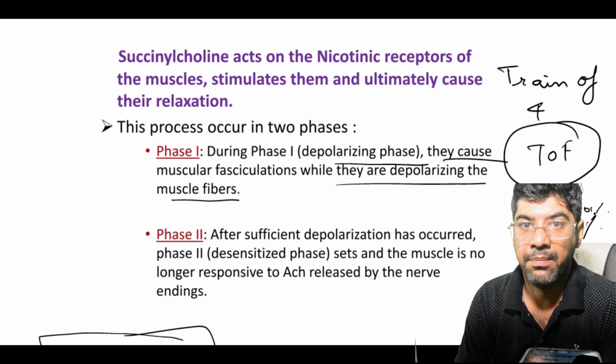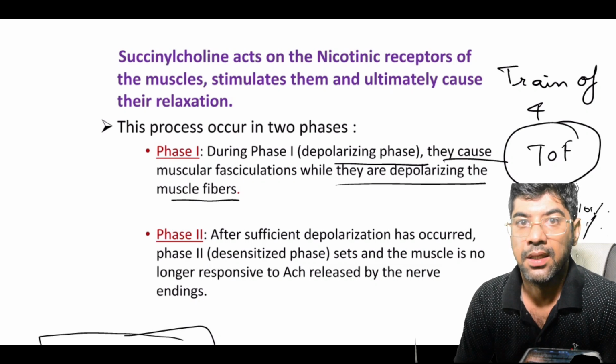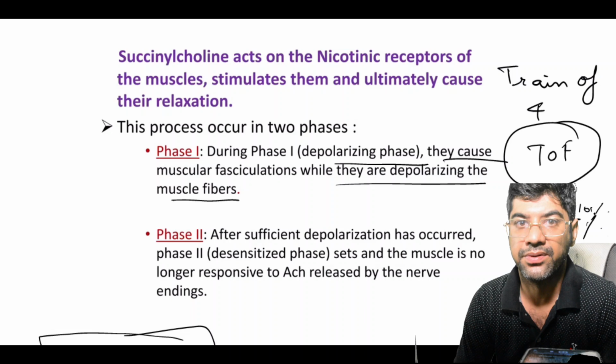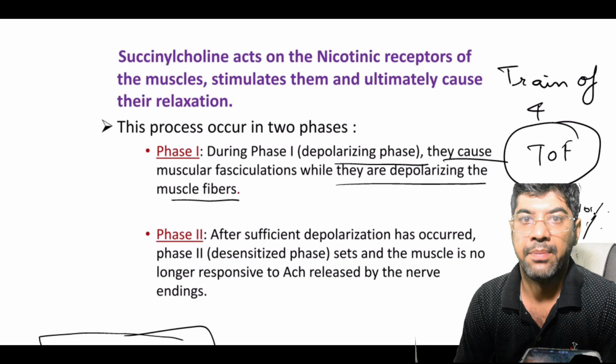Then there is tetanic and double burst stimulation. The tetanic stimulation involves delivering a rapid series of electrical impulses for 5 seconds to observe the fade in muscle response. The double burst stimulation is a less painful alternative involving two shorter bursts of impulses separated by a 750 millisecond gap. The strength of the second burst relative to the first indicates the level of recovery.